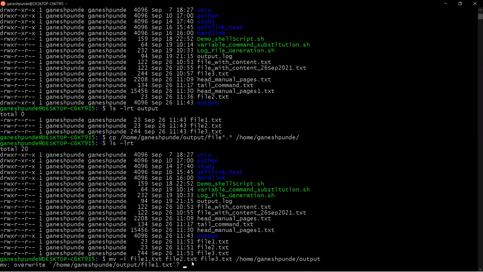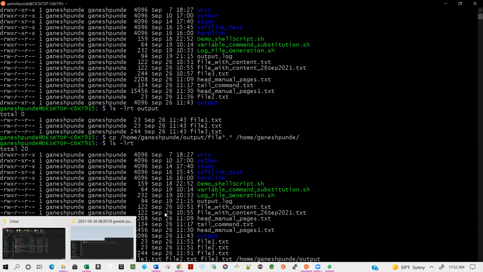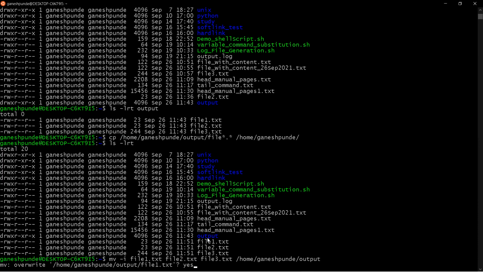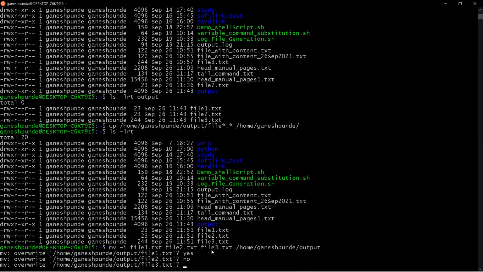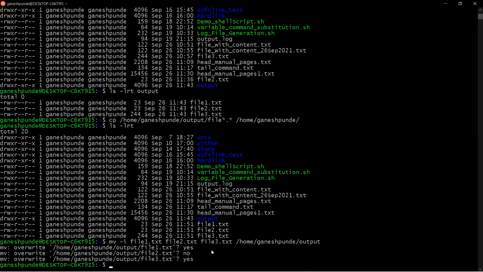You can see it is asking for confirmation. We know that the -i option is used for double confirmation. It is saying, do you want to overwrite? If I say yes, then it will overwrite. For file2, I am saying no. For file3, I am saying yes. So it will do the overwrite for me. So these are the various options available in order to manage the files.